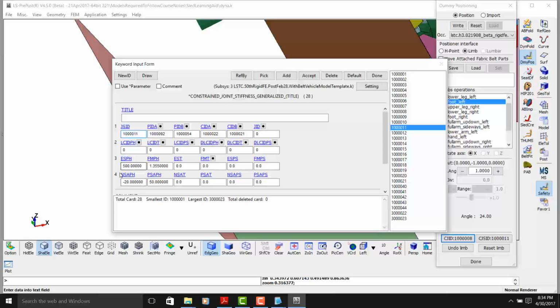But what is important here is this. This is a stop angle about the local x-axis, and that is why we have given phi. This is in the negative direction, and in the positive direction the stop angle is 50. And as you know, it can only rotate about the x-axis, so only these two are there and the others are not even there. But once the starting point is whatever the zero angle is, it was given